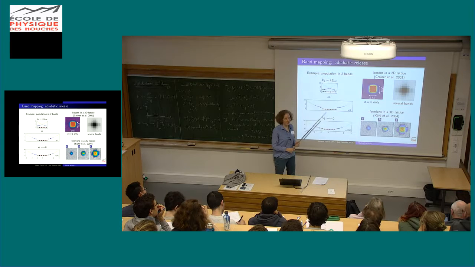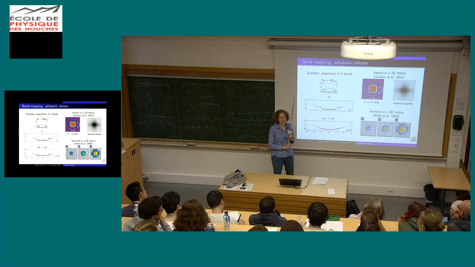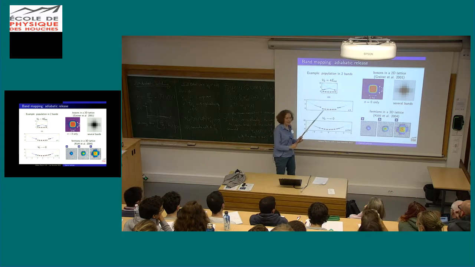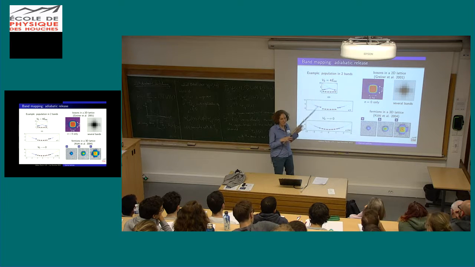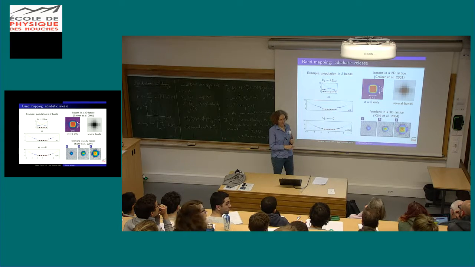Yes. In fact, the point is here you cannot be adiabatic up to the end, because at some point the gap closes. And when the gap closes, by definition, you can never be adiabatic. So at the very end, you will always have some blurring with a little bit of the fundamental band going into the excited band. Could we use this, how smooth it is, to measure in a way the temperature of the cloud or something?